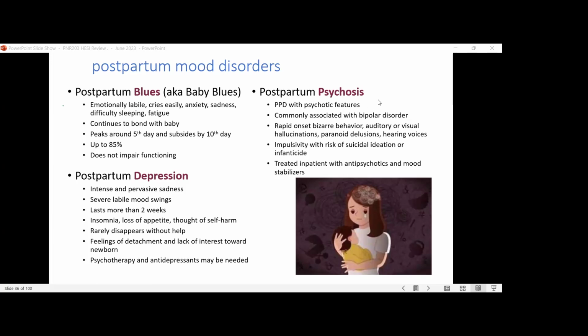with bipolar disorder. So in that first OB visit we talked about, where they come in and you get their history, you do their gravida, GTPAL, that kind of visit, you want to know if they have any kind of psychological disorders, okay? Because that would give me a heads up. So I'm going to get it through the pregnancy, and then after the pregnancy, I have a heads up